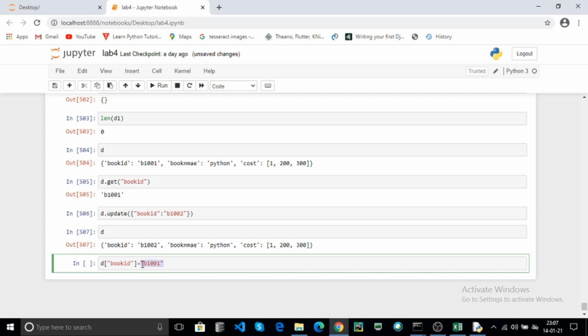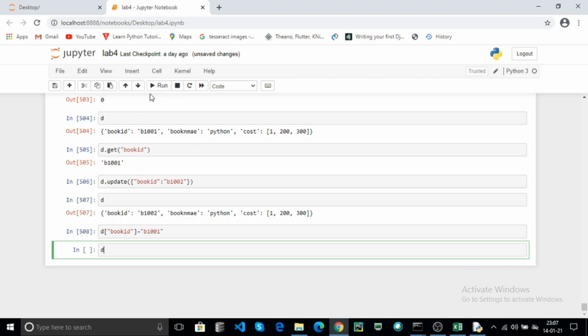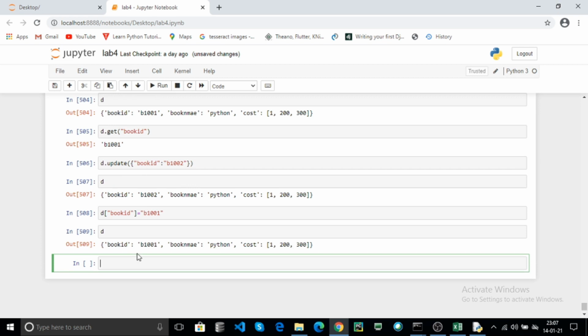Here B1001 value will be assigned to the book ID. If your book ID is already defined in your dictionary, the value will be modified. Otherwise, it creates the book ID as a key. Click on run and print d. Here your dictionary contains book ID and value is B1001.